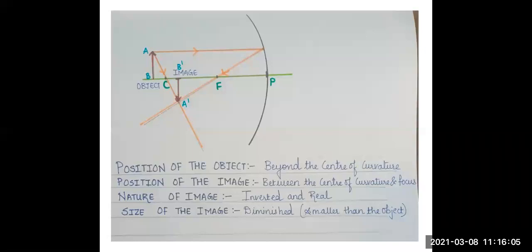All these diagrams will be drawn scientifically when the center of curvature, principal focus, and pole of the mirror are equidistant from each other. Many students keep on drawing these diagrams, but they don't get all these scientific results as per the incident ray. They can't show the incident ray parallel and then the focus on the reflected ray. So please follow these rules. Place center of curvature, focus, and pole of the mirror equidistant from each other.